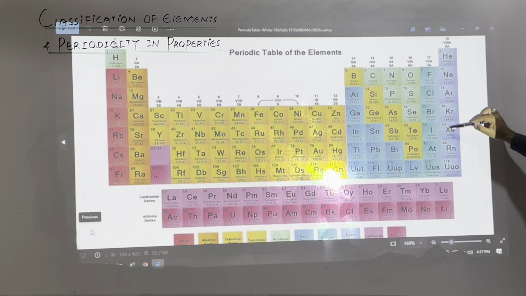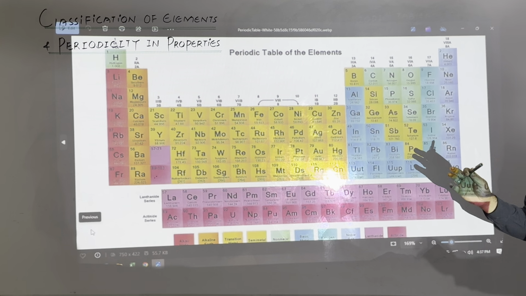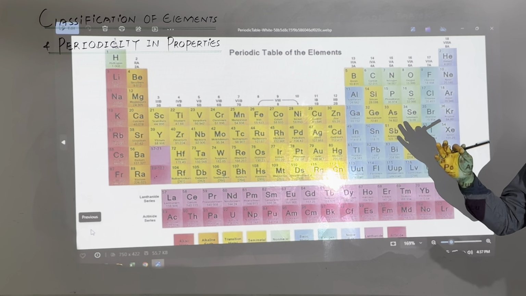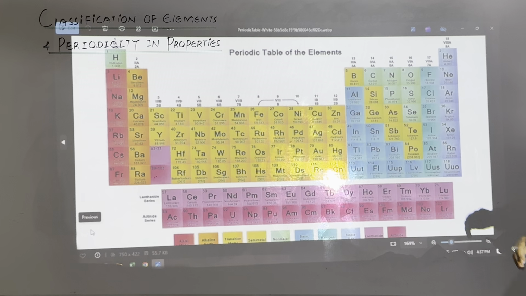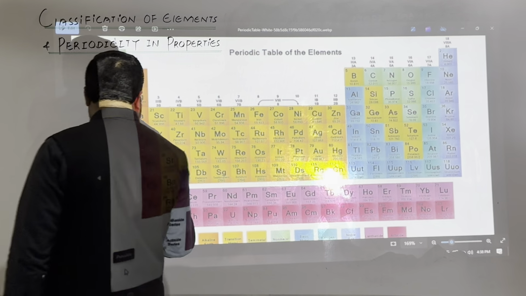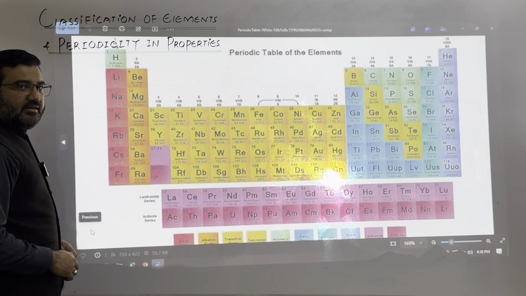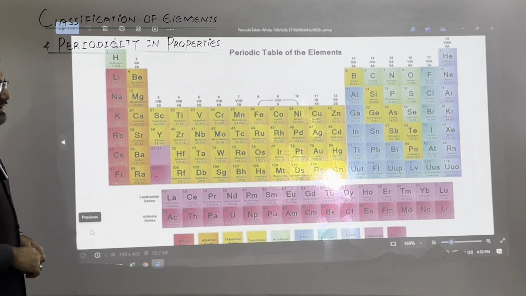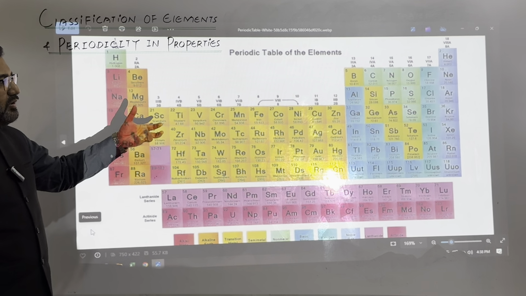And this group 8, which in recent times is called group 18, contains the noble gases. Noble gases are not classified as metals, non-metals or metalloids. They are just the inert group of elements present in the periodic table. And these lanthanides are also called the rare earths because they are very rarely present in the earth's crust. So that was an overview of the periodic table, how many periods, how many groups are there,